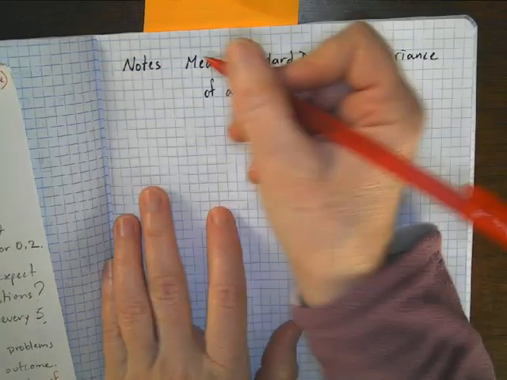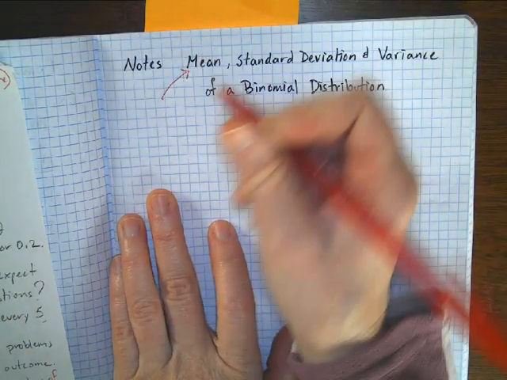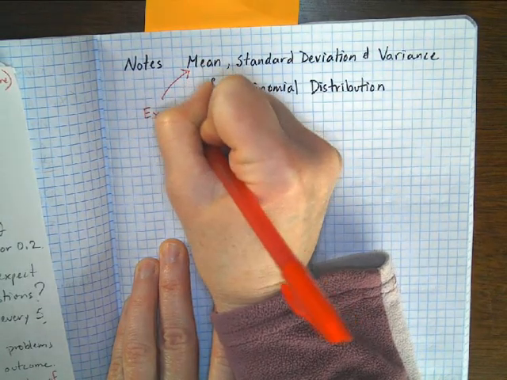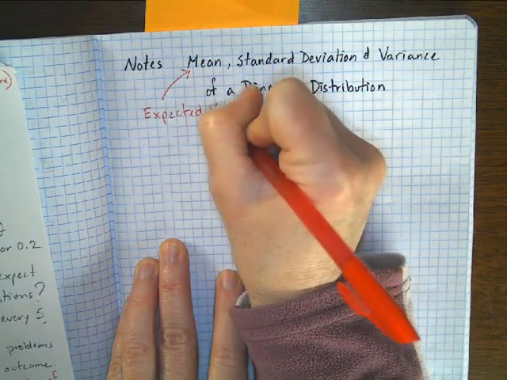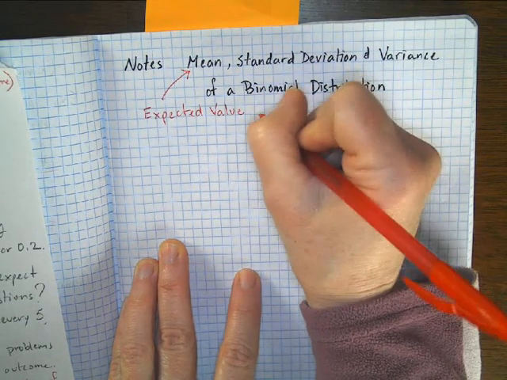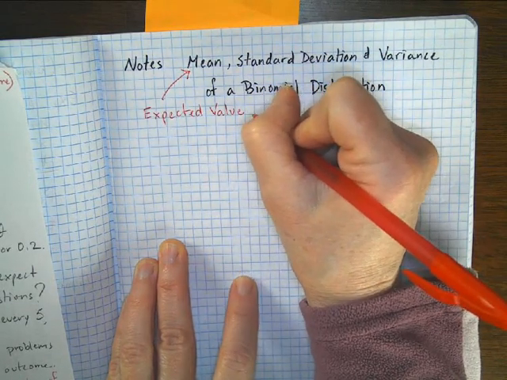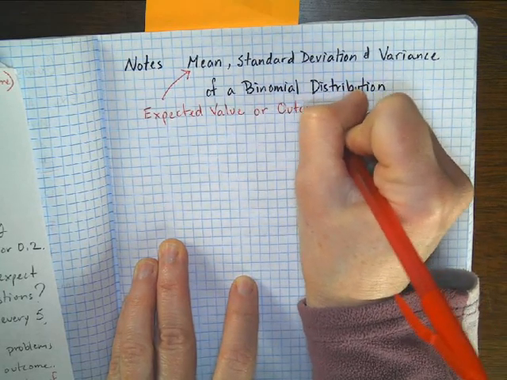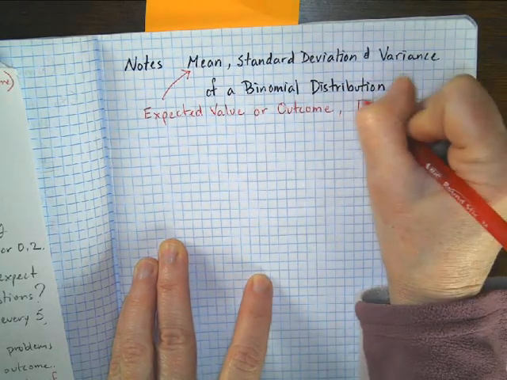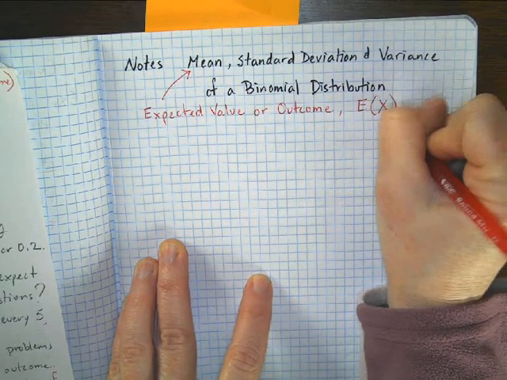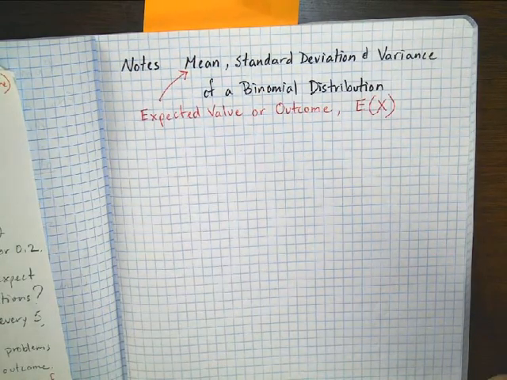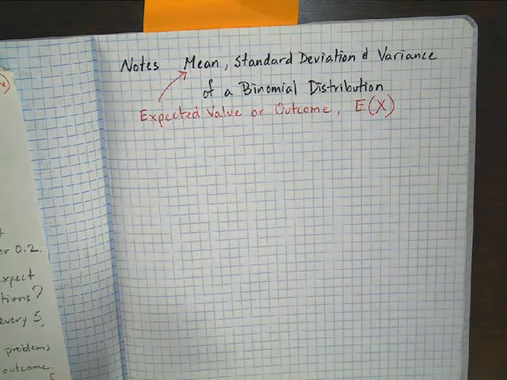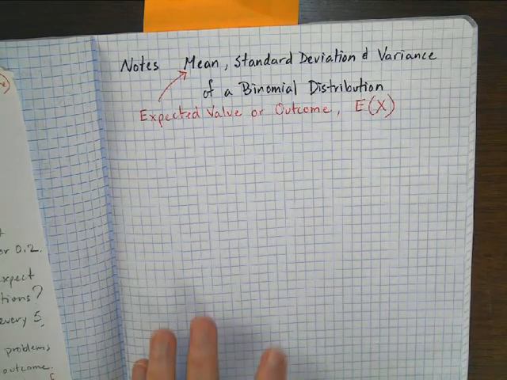So right here where it says mean, a couple ways I can talk about this. It can also be called expected value, and we've looked at expected value before, or expected outcome. So expected value or outcome, or we've seen this symbol before, or we can just say E of X. That is the mean. That is the average. That is what you would normally expect. What do you think would happen? Okay, so the example from our warm-up that we're going to look at,